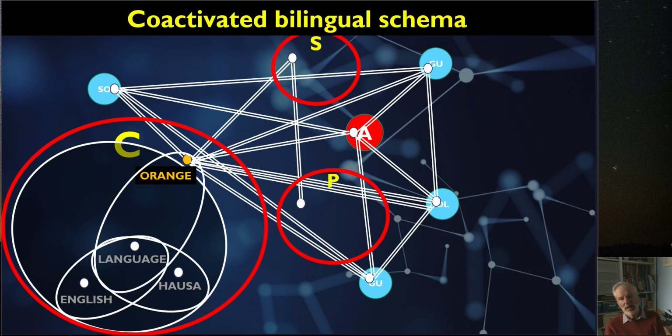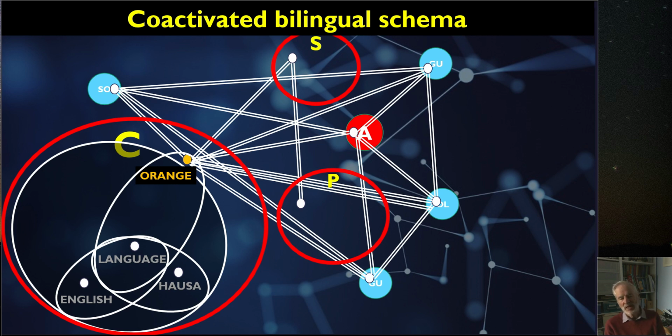Let's have a look at the co-activated bilingual schema, because of course, as we now know, or most of us are fairly agreed upon the fact that when one language system is activated, the other language is activated as well. This is more and more the case. It's more and more established in the bilingual processing literature. It's very difficult to prove that one language is completely dormant or completely suppressed because it happens to be irrelevant. Our mind is so interconnected that